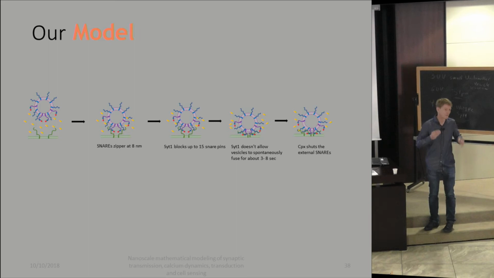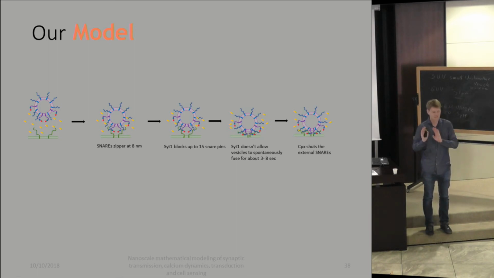They can fuse. Maybe we're not 100% sure it's true. We have a preliminary experiment that seems to indicate it's true, but I'm not 100% sure yet, so I cannot guarantee it. But if it's the case, I think what happens is they can still bind. The tips are close enough. You can have a fluctuation that brings it close enough. But it will take longer, and complexin comes in and out of the T-snare, and it will probably take longer also to zipper because there's resistance.